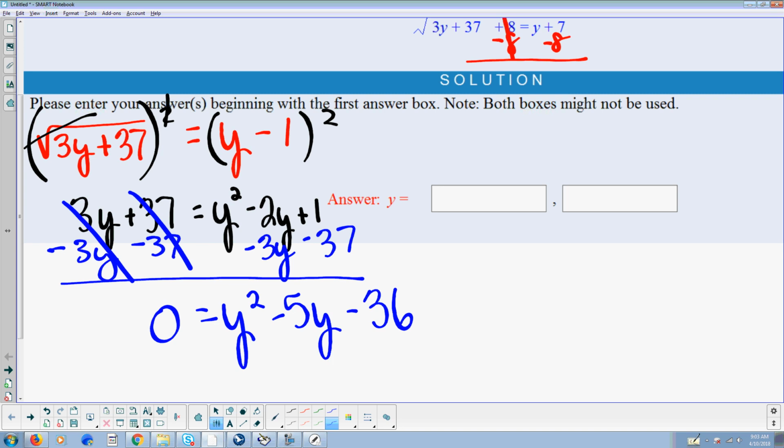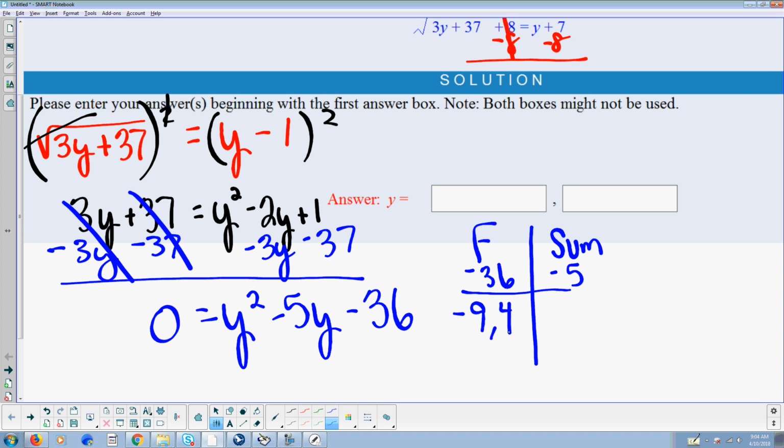Okay, now we may consider, does this quadratic expression factor? Are there factors of negative 36 that would give me a sum when added of negative 5? Negative 9 and 4. So if I multiply negative 9 and 4, I get negative 36, but when I add, that gives me negative 5. So then this factors,